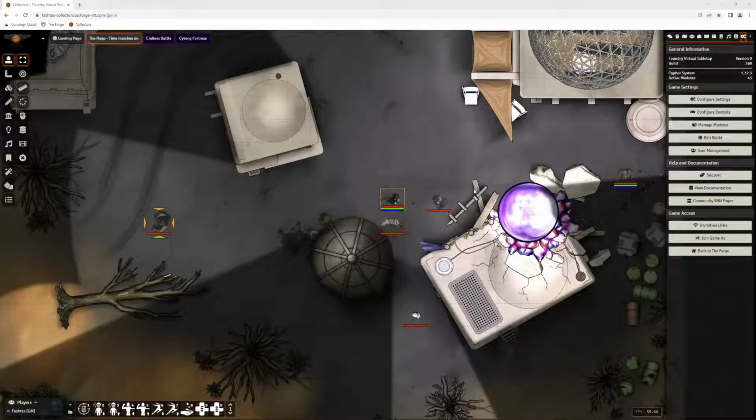I just want to have a quick look at integrating animations into the Cypher System role-playing system for Foundry. This is using two modules, AutomatedAnimations and the Cypher System roleplay. I did a bit of integration work to integrate the two of them together. It's not yet released as of this date. It's all functional and working. I just need to talk to the AutomatedAnimations